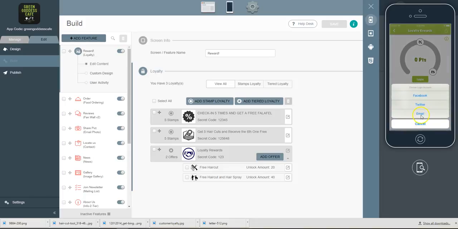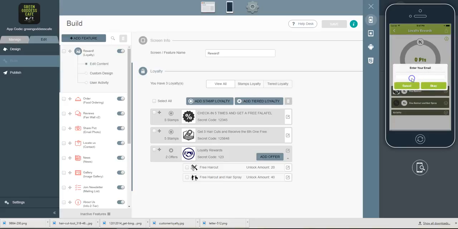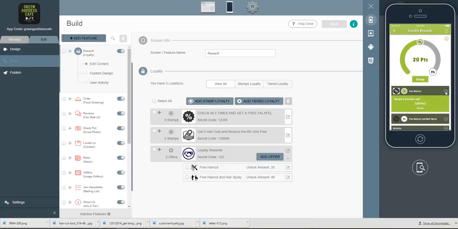So I can enter in my email address. I'll just do example@example.com. And again, this is such a great way to get to know your users and who they are. So now I can start working towards my free haircuts, and see I'm getting there. Okay, so now I can redeem that if I wanted to. So I'll click down, and I could redeem this if I want to,